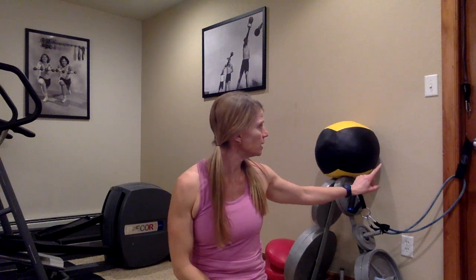Okay, so today we're going to need one tube. I've just got one handle on there, but if you use a band, that's fine too. A tube or a band about chest height. One dumbbell that's a little bit heavier if you have one, not totally necessary. I'm going to use a weight plate. So you could use either